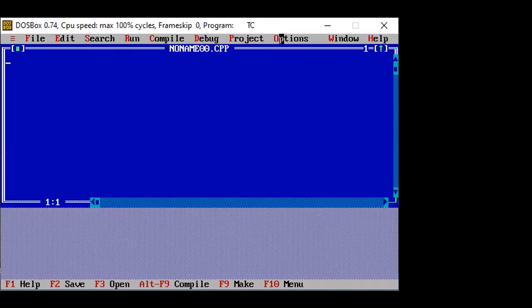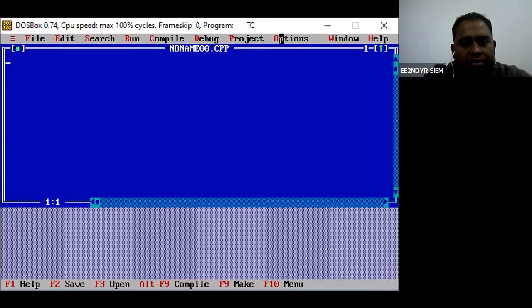Okay, very good. I'll be writing some basic programs, to give you an idea, for those students who don't know how to write a C program and all those things. So what happens here, in C or in C++, you need to add some header files. Now, why are these header files required?